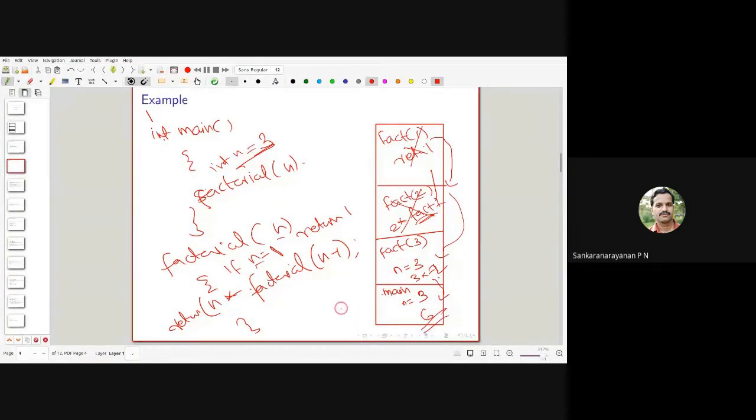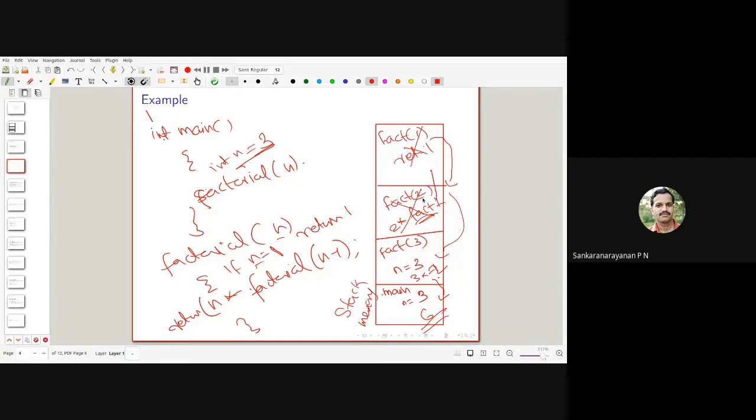So this area will be stack memory, and this is static allocation, and these are all local variables. Whatever n we have seen in each, it is a separate memory location. This n does not refer to the same memory location. It refers to a separate memory location. I'm telling these things in a bit of a hurry, so if you have confusion, you can ask, no problem. I think you may be already familiar with this concept.